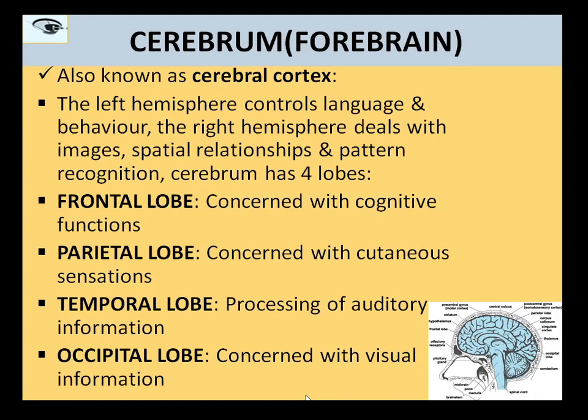Moving on, we have the cerebrum. So cerebrum, the other name of it is cerebral cortex, and it is actually regulating the higher levels of all cognitive functions. So the cognitive functions which we've done in unit 1 also. We have attention, perception, learning, memory, language, behavior, reasoning, problem solving. So cerebrum is actually 2/3 of the total brain. The 2/3 part of the brain is the cerebrum,